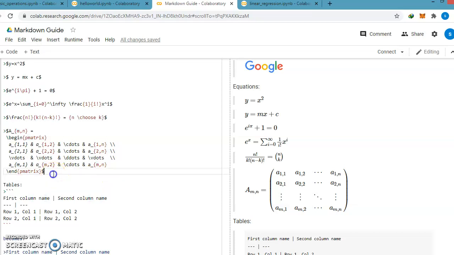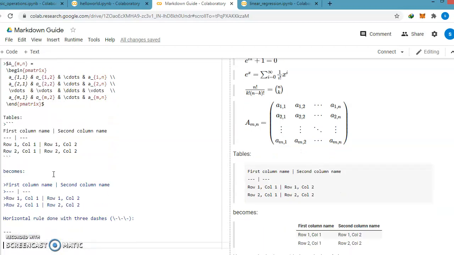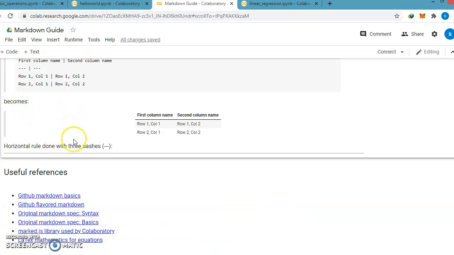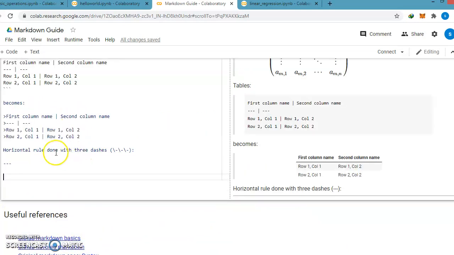You can also create complex equations in Google Colab for tutorial purposes. And again, the horizontal rule is done with 3 dashes.